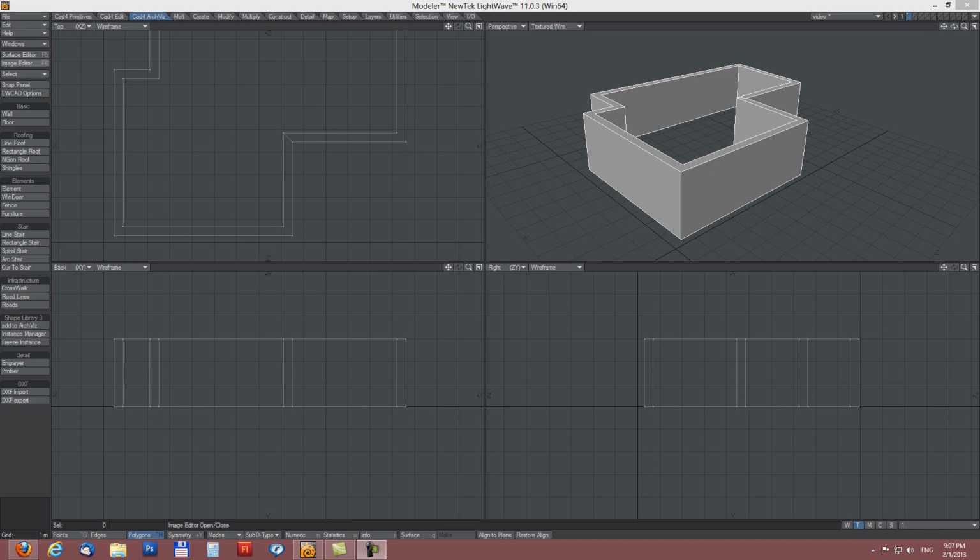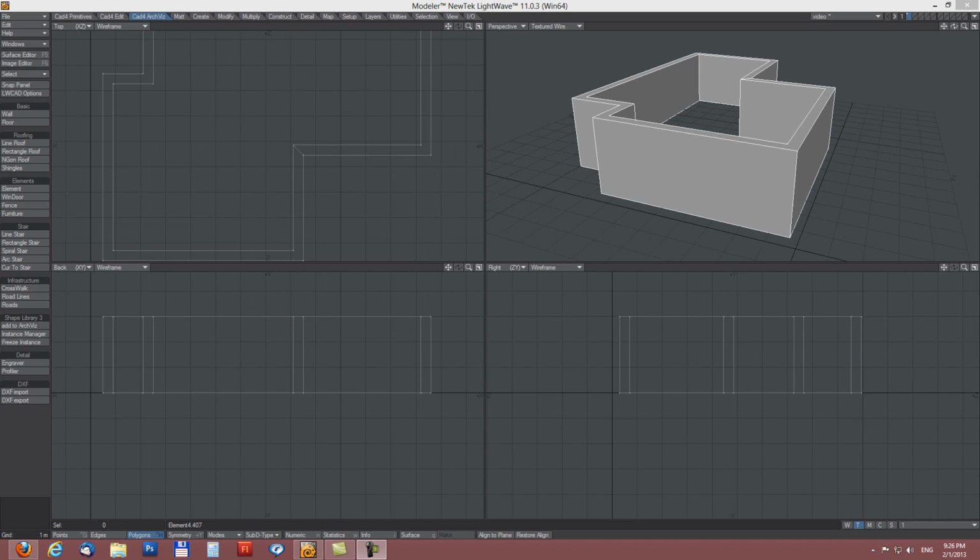LwCad 4.5 New features. In this video I will show you quickly what is new in version 4.5. The biggest change in this version are shape library instances. We can create these instances with a variety of architectural tools such as window tool, fence tool, furniture, element, and